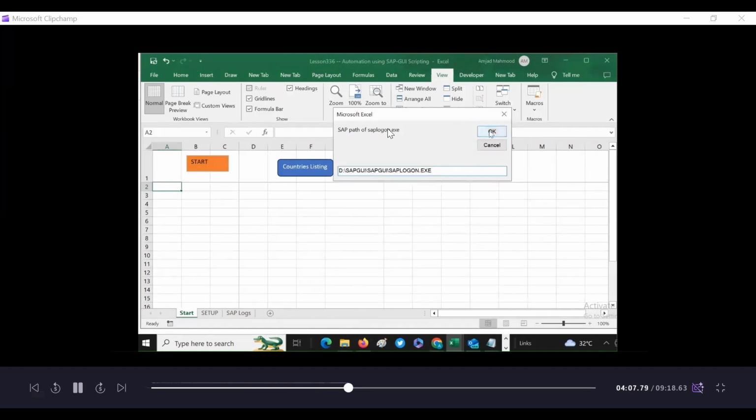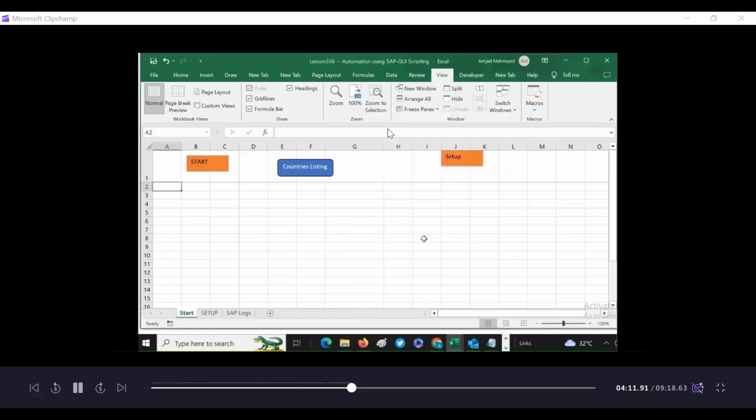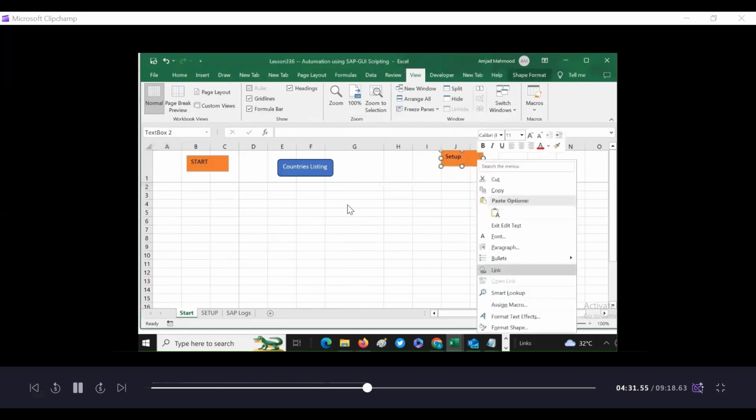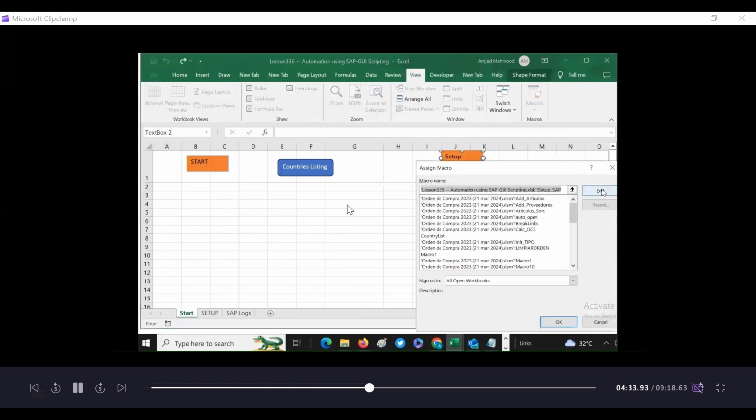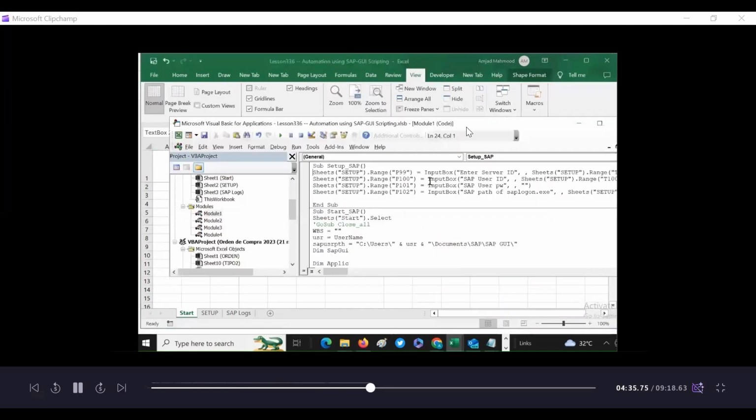So the program must know where it is, because in the shell command it is going to be executed, and then the credentials will be entered in the form which subsequently comes. So the start button takes your credentials